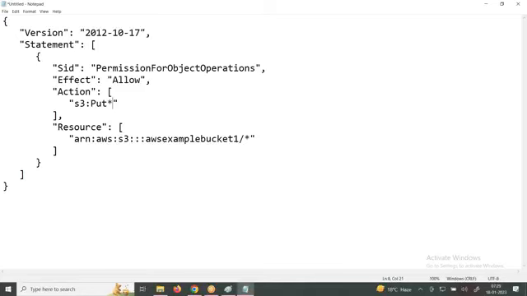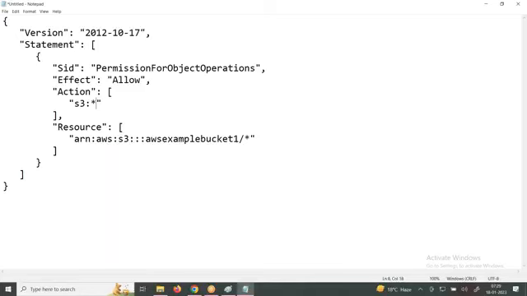For your example, can you tell me what is the meaning of this? Get object means people can download the file. I want to provide the get object permission also. I can simply remove this and say star. Now explain to me properly, what is this? Good. AWS S3 full permissions. Is it clear? It is supporting regular expressions.